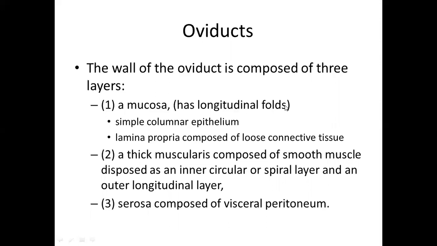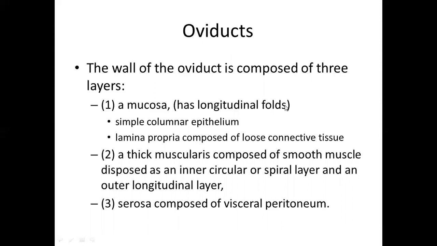is one layer which is missing. We will look into it. The mucosa of the oviduct is highly folded. The presence of folds varies between the regions of the oviduct, and the mucosal folds are lined by a simple columnar epithelium. This simple columnar epithelium in the case of the oviduct has two different kinds of cells: columnar ciliated cells and